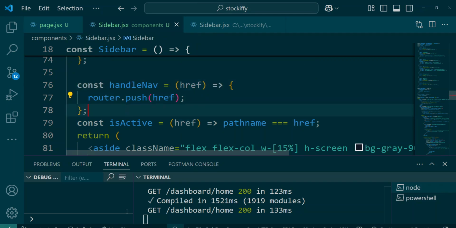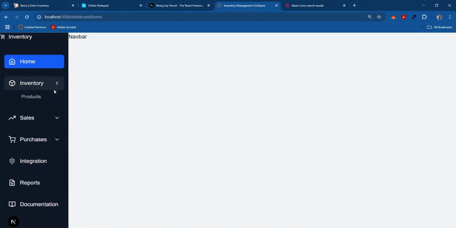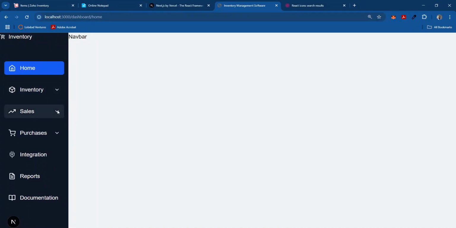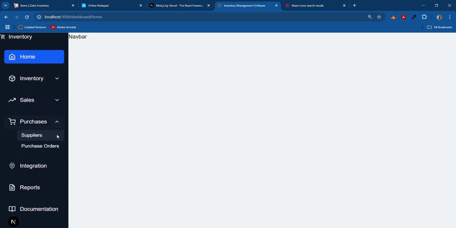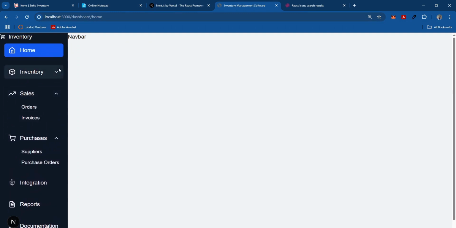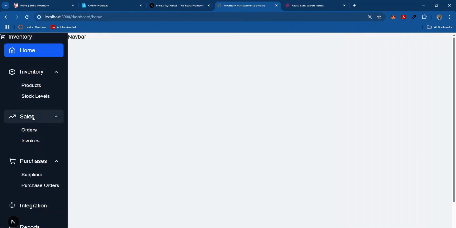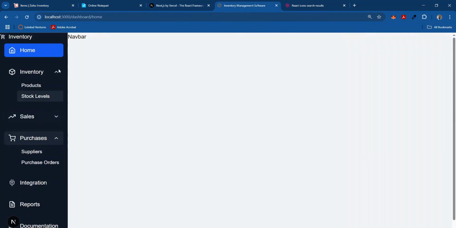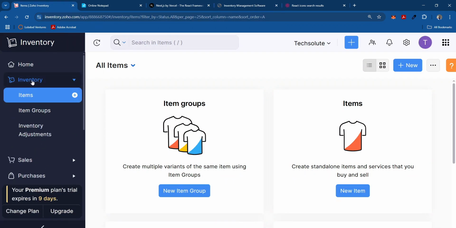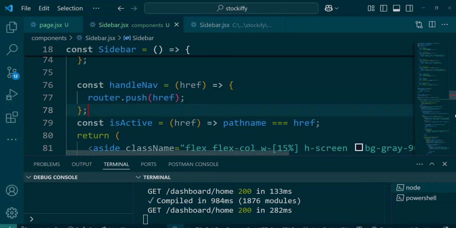Okay, and I think from what we now have, from now on we can have this. This is currently not as styled as we have this, but we are getting close. We are getting close. And now, what I can do now is in my inventory, what do we have? Items group, inventory adjustment. Okay, so I can go back to my